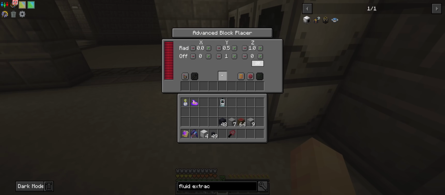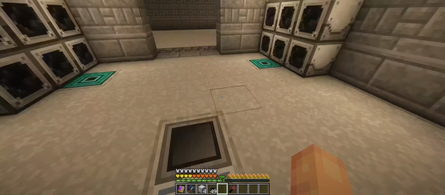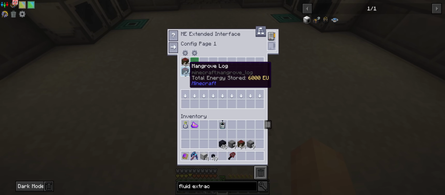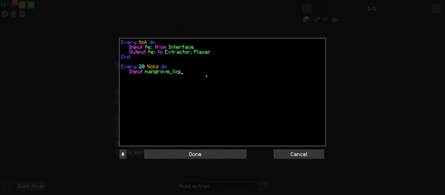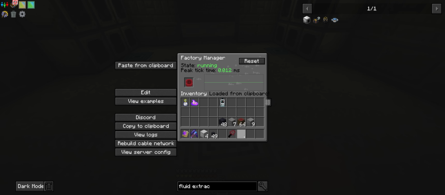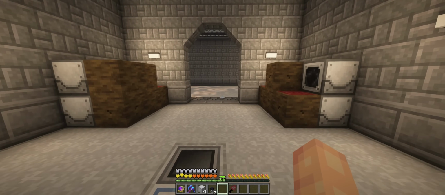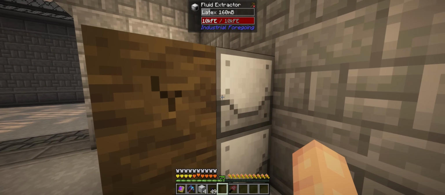Step 2, we're going to be placing 6 wood at a time, so I will just keep 6 of the mangrove logs. We are going to input, I think it's just mangrove log, right? Mangrove log. So we'll input mangrove log from the interface, and we are going to output retain 6 to each placer. So you can see those things are going to get placed automatically, and the fluid extractors will get to work